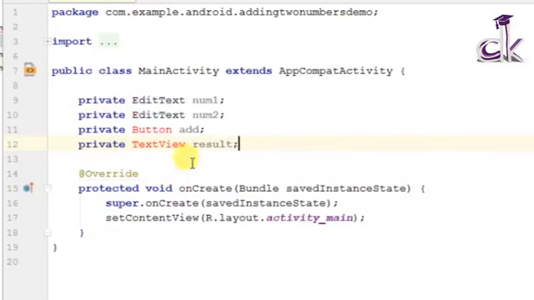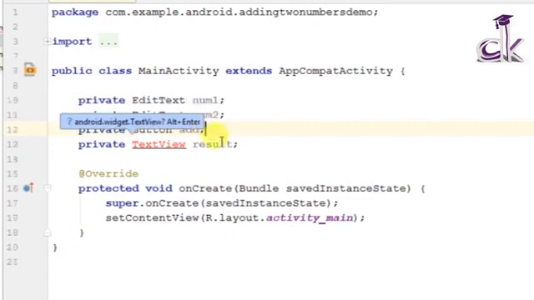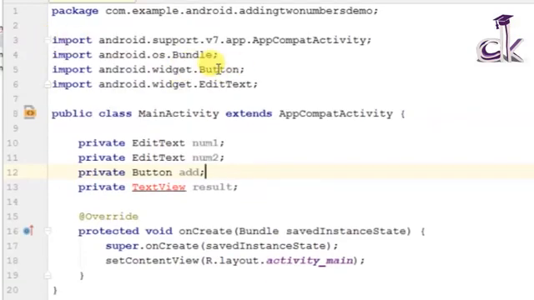Alright, so if you see here, since we do not have the package of Button, it's highlighted in red. So how do you import the package? Go to the end of the line, and it says that you have to click on Alt and Enter. So click Alt and Enter simultaneously, and you should have the package imported. If you see here under the import section, you have the Button. As you can see, we do not have the TextView yet.